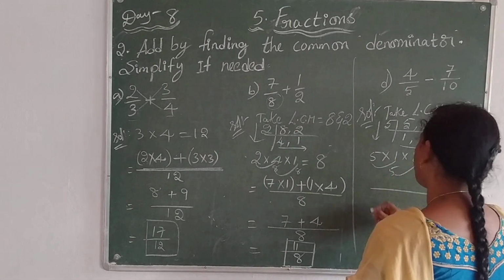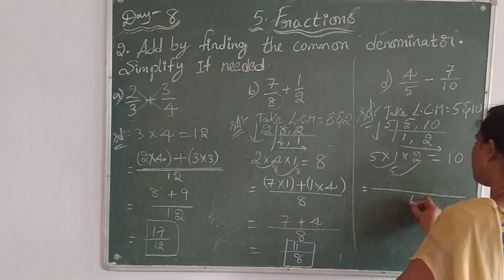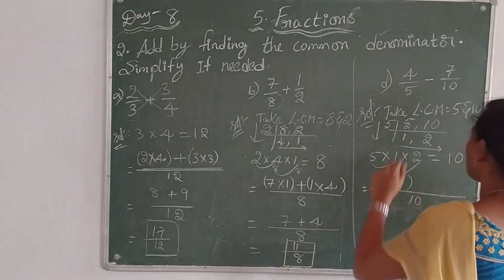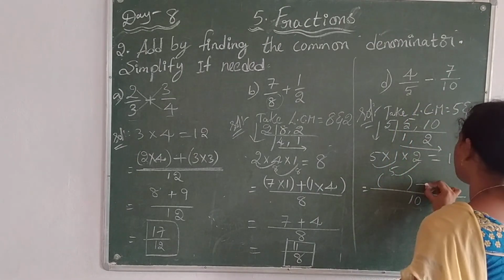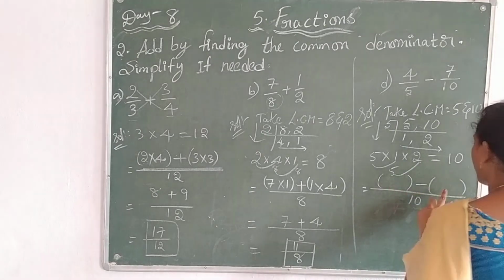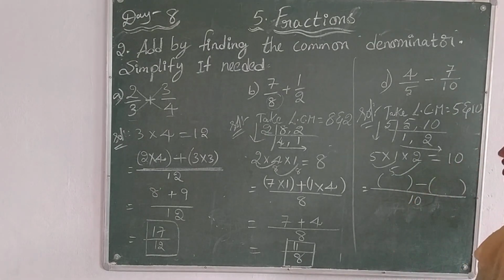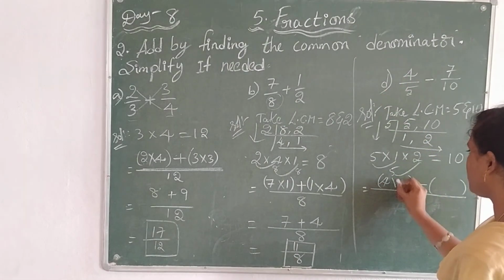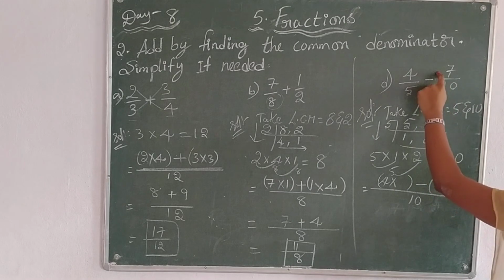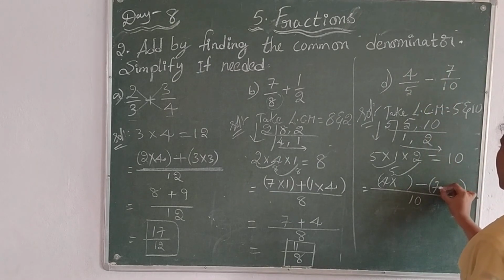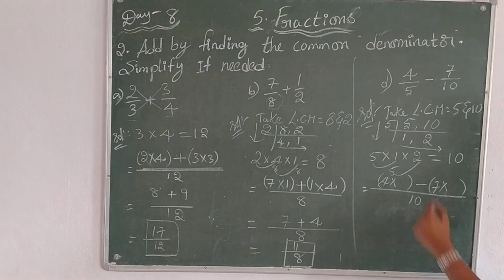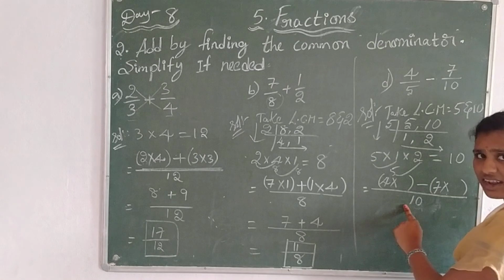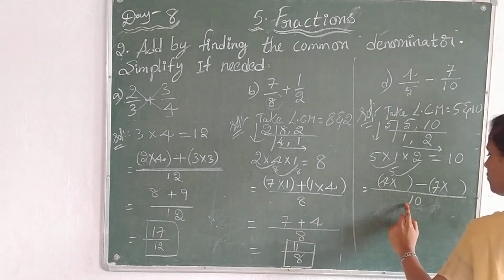Let's take a bar and take this denominator down. And how many fractions do we have? 2 fractions. And what is the symbol? The symbol is minus. And what do we have to do now? Take the first fraction's numerator in the first bracket and put into, then the second fraction's numerator in the second bracket and put into. Okay, let's cancel the first fraction denominator into the final denominator.